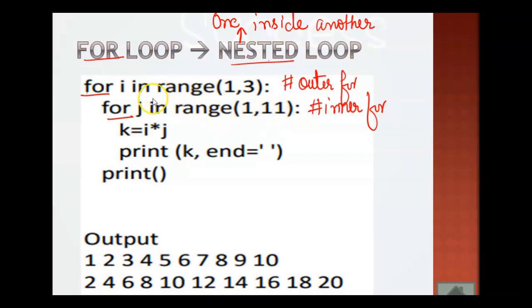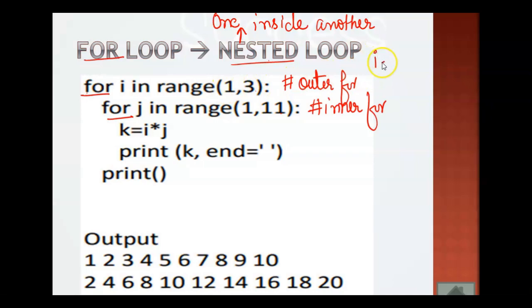If you take the values of i and j, you know this very well, because we are already done with the syntax of the for loop. If the step value is not given, that means 1 is the step value, and here also no step value is given, so it will work with 1 as the step value. The default step value is 1. Now the end value is excluded, so it will always work till 1 less than the end value.